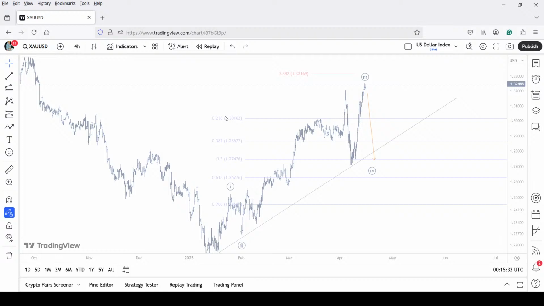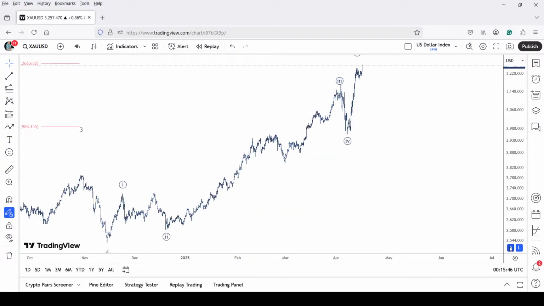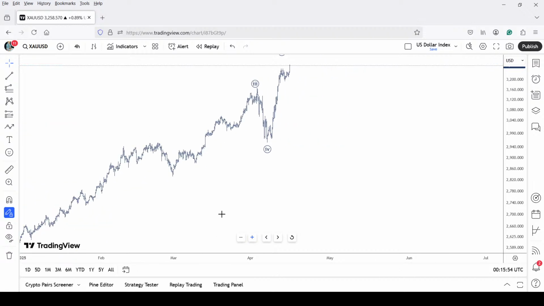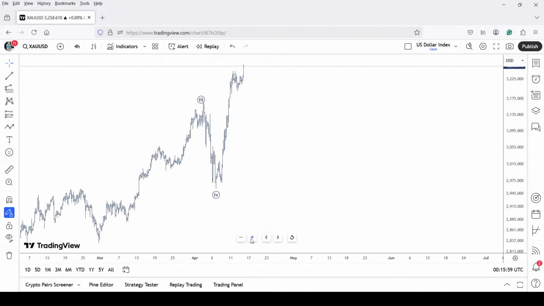Next, gold. As we were saying, gold has finally hit the 3260 high, and it's a wonderful looking wave structure. Let me just zoom in a bit and tell you what this could be. One of the major tops could be in place, but it's still in three waves, so you never know,